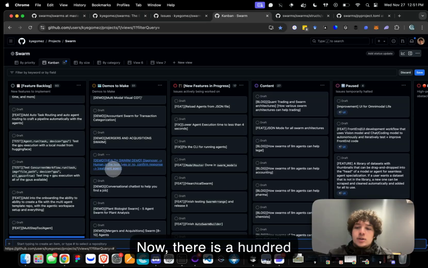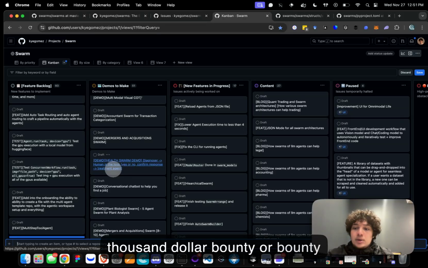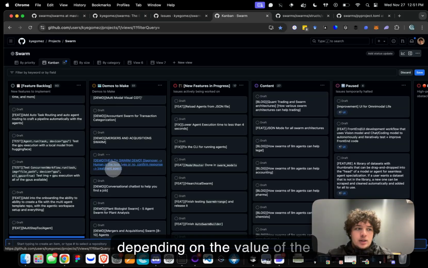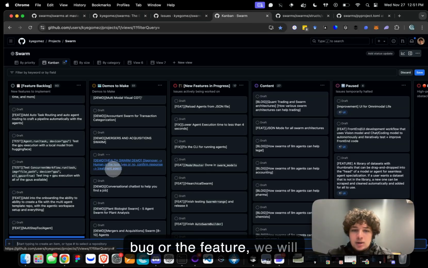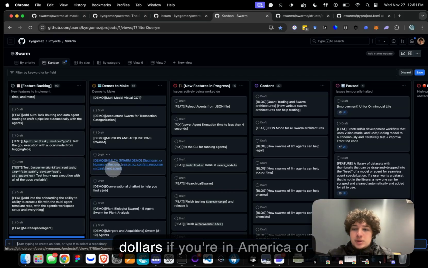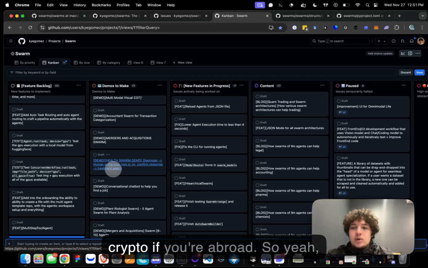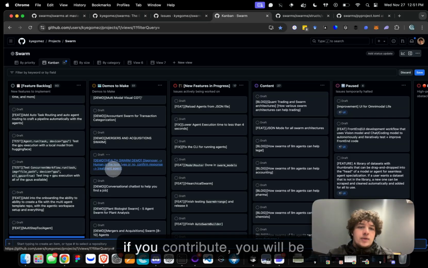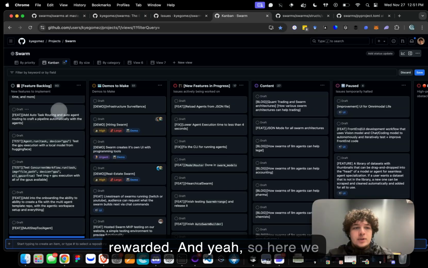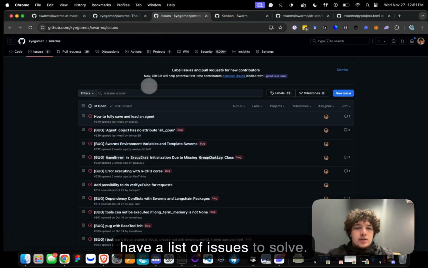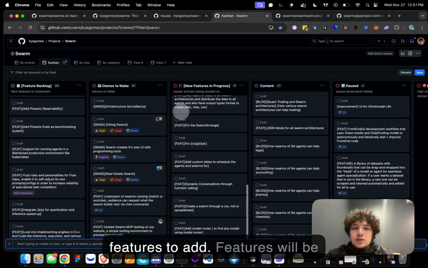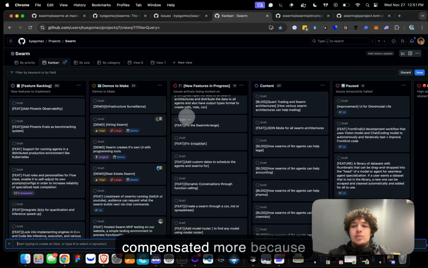Now, there is a $100,000 bounty pool for adding new features. Depending on the value of the bug or the feature, we will compensate you in either US dollars if you're in America, or crypto if you're abroad. So yeah, if you contribute, you will be rewarded. Here we have a list of issues to solve, and here we have a list of features to add. Features will be compensated more because they provide